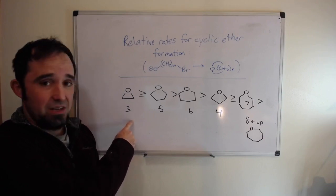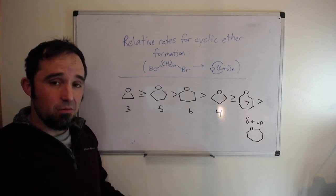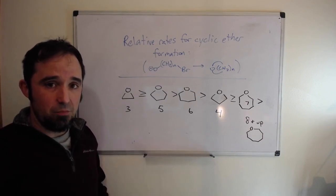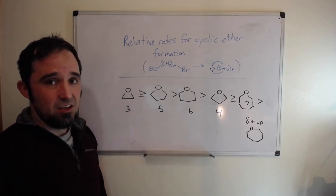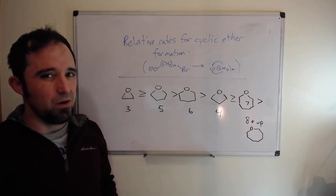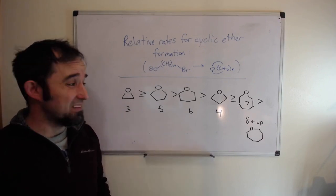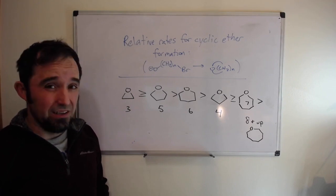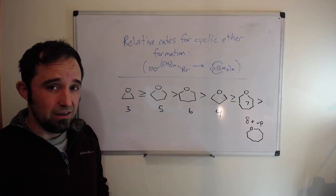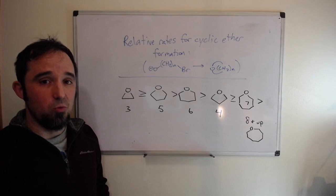So there's a little bit less of an entropic cost. But the larger the chain gets, the more entropic cost you need to pay. So again, the easiest rings to make are 3, 5, and 6. 4 and 7 are a little bit harder. And making large rings is pretty difficult. And that's a problem because a lot of good antibiotics are large rings, 10 to 15 members. And so synthetic chemists have to work pretty hard to come up with good ways to make those big-ringed